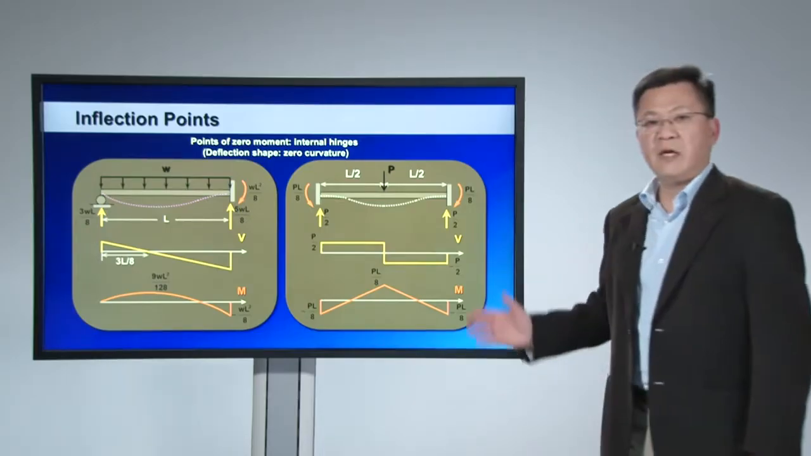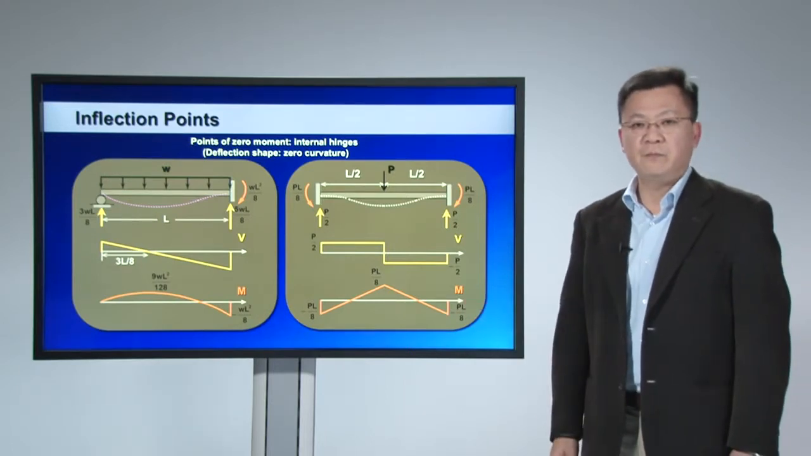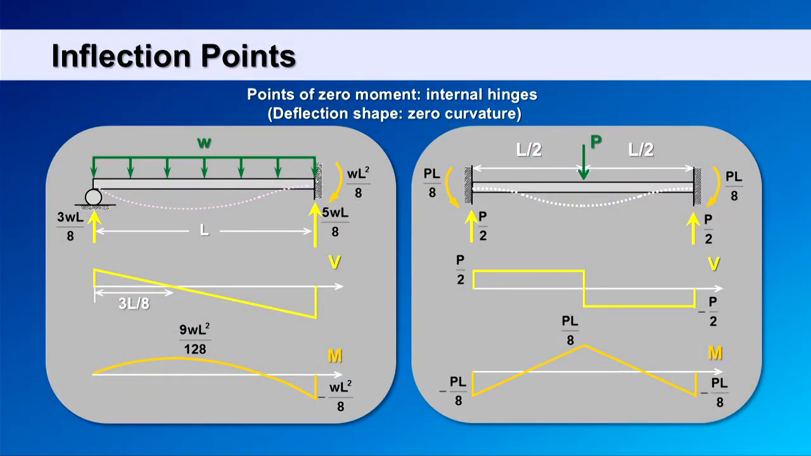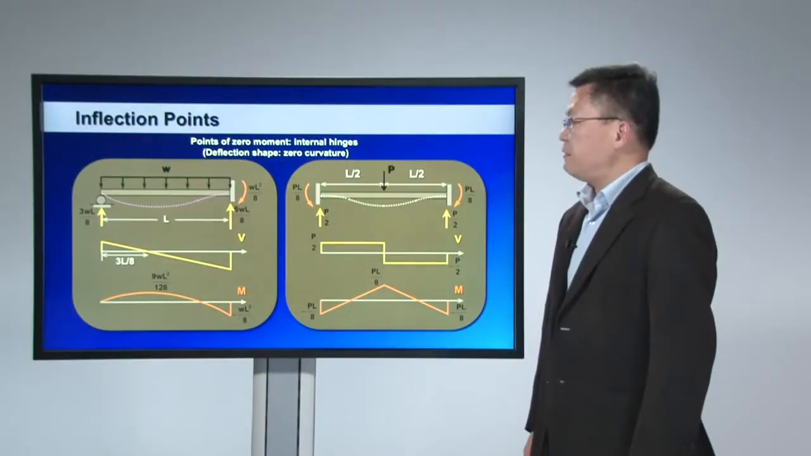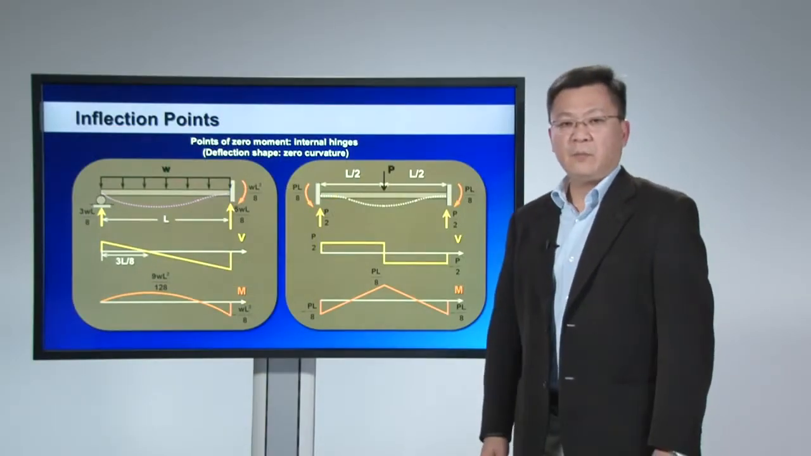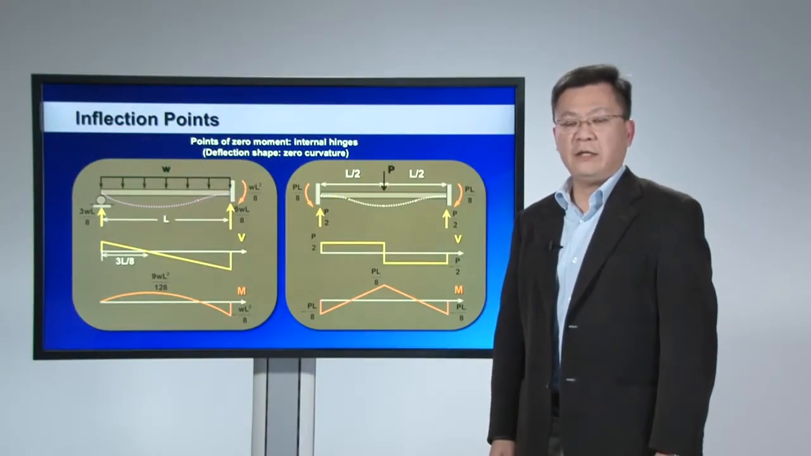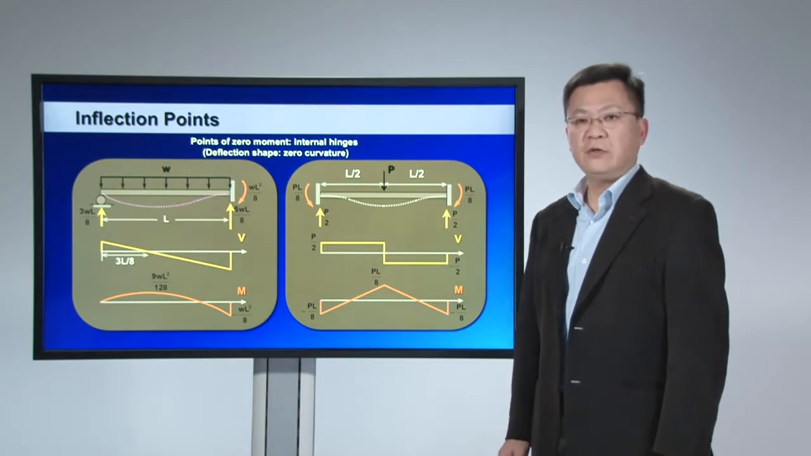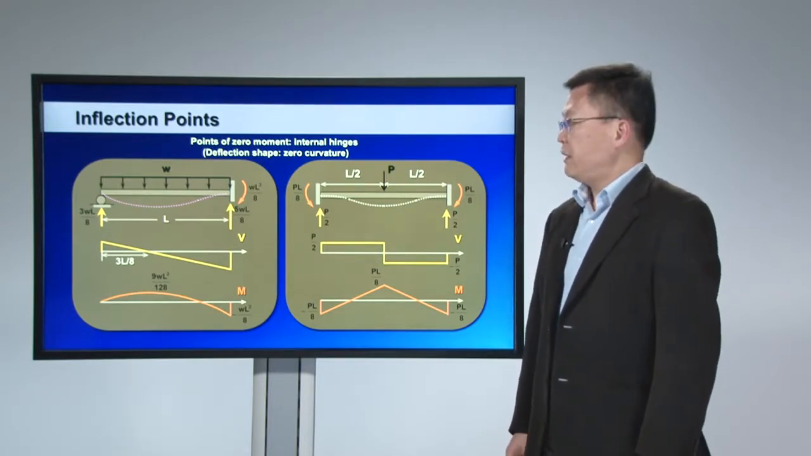So the next concept I want to introduce is called inflection points. Inflection points are those points with zero moment or zero curvature. They can be considered as internal hinges. So if you can identify those points of inflection early on in your analysis, then you can utilize these inflection